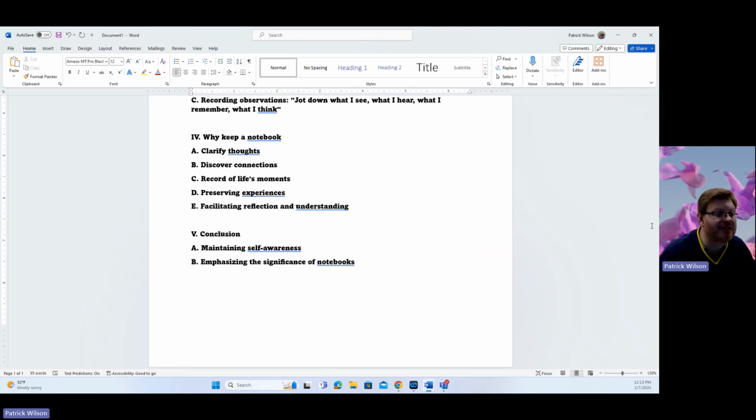I mean, let's just face it. You control which way you go, left or right. The person in front of you can't always control which way you go, left or right. Now they can sort of hinder you, right? They can get in your way if you're trying to go left and they're blocking you. But initially, you had the idea you had to go left because you have to turn left to go home, or you have to turn right to go to work, or you have to go straight to go to the grocery store. But keeping a notebook will help you maintain